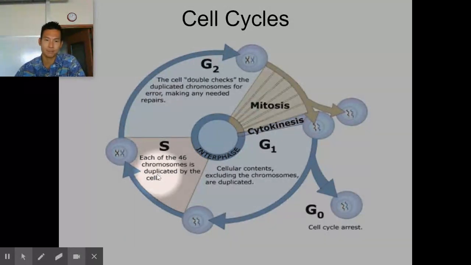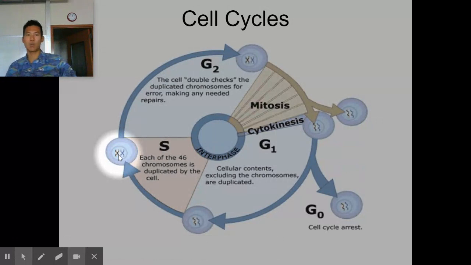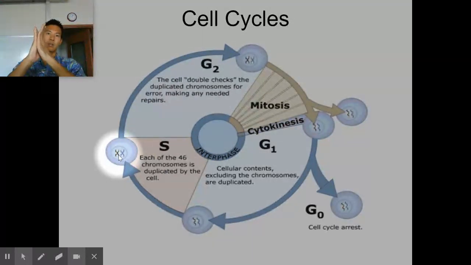From there, once it's gone through S cycle, your chromosomes will look like X's, because it has doubled. If it was single, it would be in the shape of a bar. You see how it's in the shape of a bar here, and then once it has doubled, it looks like an X. It's because one part of it will synthesize or replicate the other, and then the other will actually be identical. So when you have an X-shaped chromosome, both sides are identical.